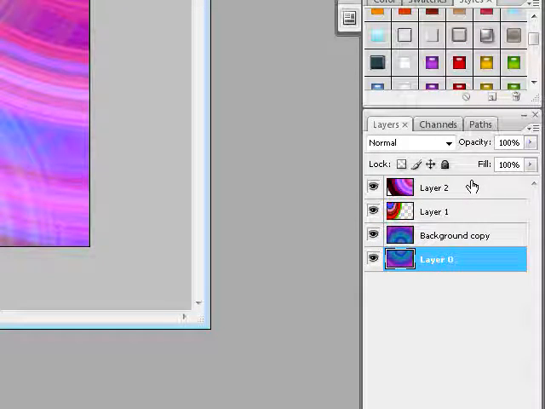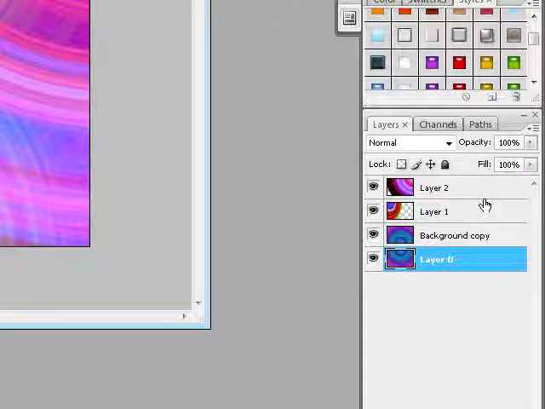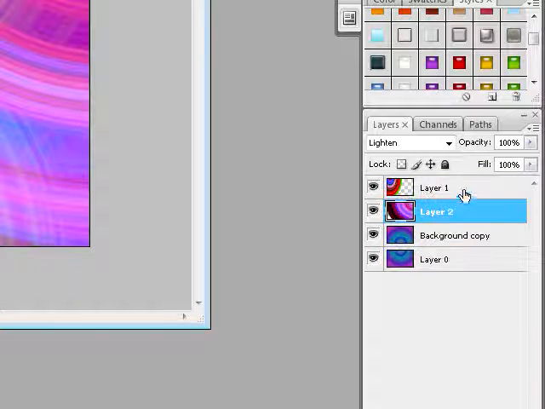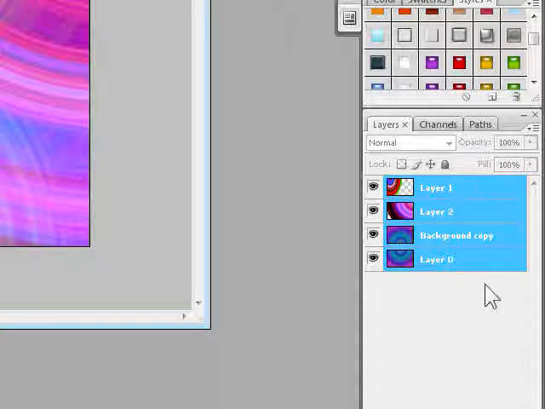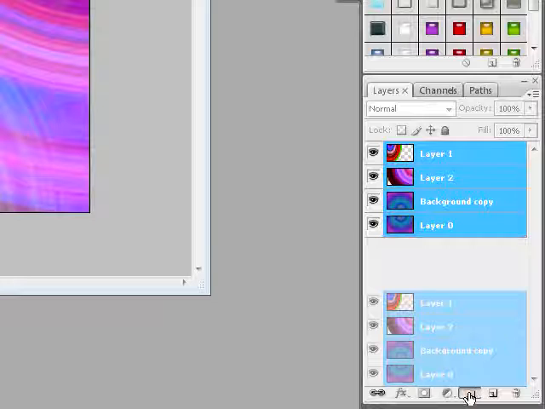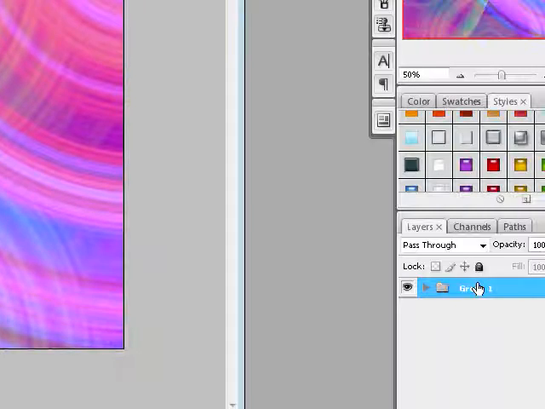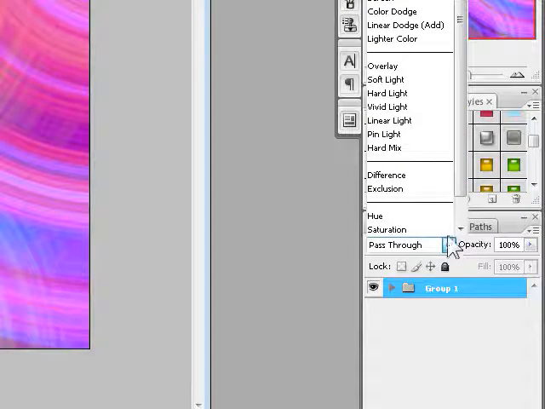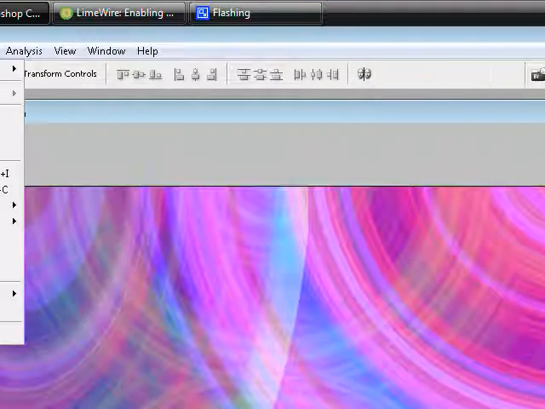Then what I like to do is press shift and then make sure the bottom is selected and hold shift, press the top, then drag it all into one group. So just to keep everything all organized. And then what I like to do afterwards, once everything is in one group, you can edit the blending options. Or what I like to do is give it another